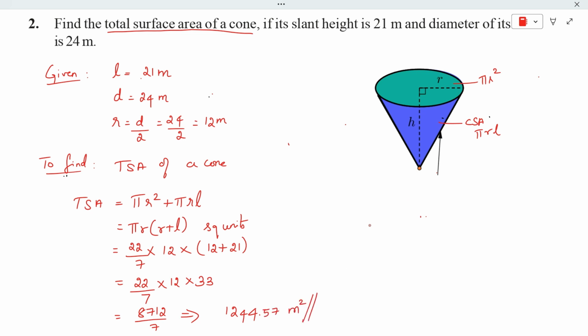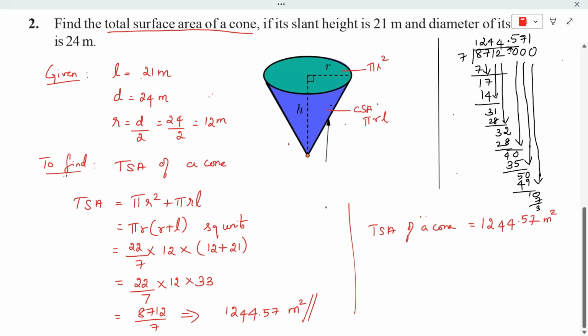So we are going to conclude finally, that is the TSA of a cone is 1244.57 meter square. If you want to know the working of division, that is shown here. Since I can continue the division by placing the decimal and adding the number of zeros, so I have continued up to 3 decimal digits. Since the third digit is less than 5, I am just skipping it to the 2 decimal digits without rounding off. So it is